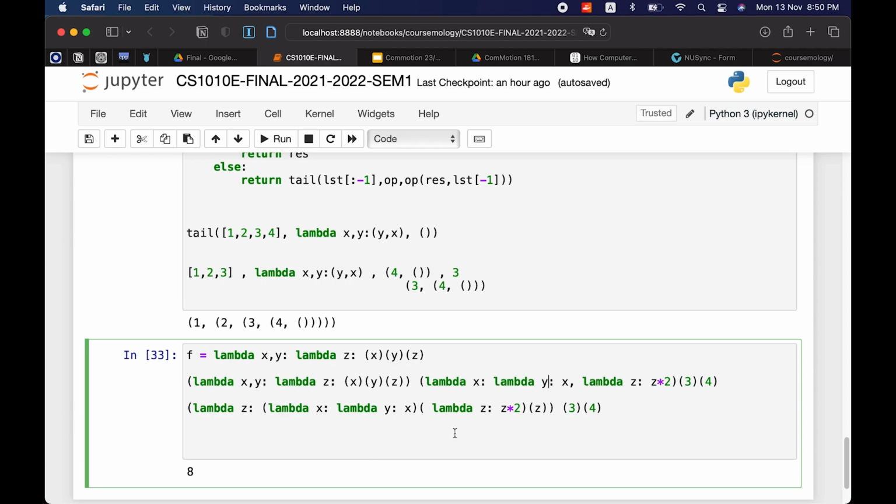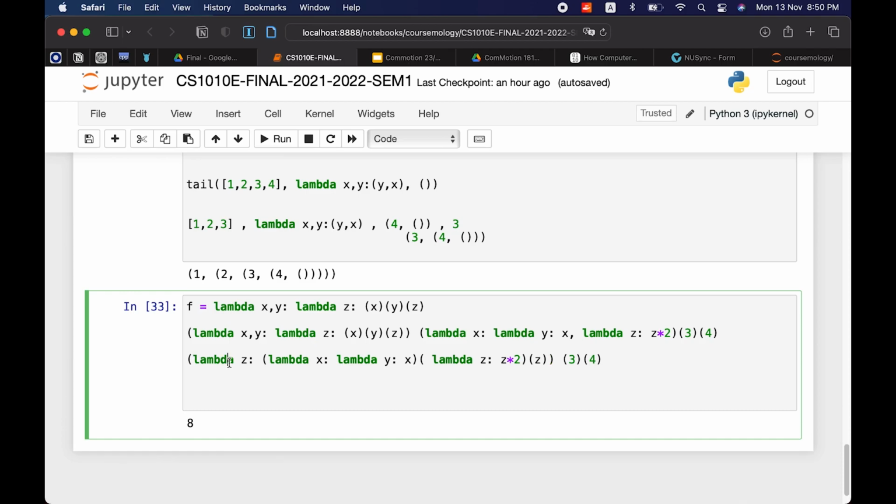So now we can pass in 3. Okay, so what happens to 3? Because now we're looking at this big one, and then 3 is directly on its right. What happens to this 3 is it gets passed as the z here. And notice we have basically 3 components in here: 1, 2, 3. This is 1. So 3 gets passed in there.